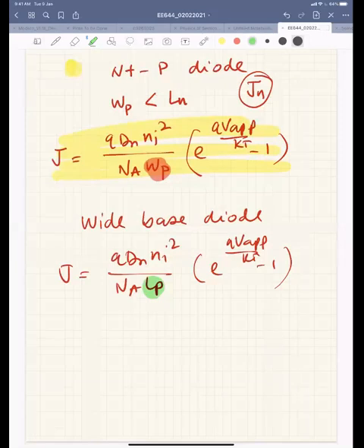So we have almost derived the current equation. We now understand how the current flows in a PN junction and what the different components of that current are. In the next class, I'll discuss breakdown voltage, like avalanche breakdown, Zener breakdown, and those concepts. Then we'll go to the bipolar junction transistors. Okay, so I'll not do anything more today. If you have any